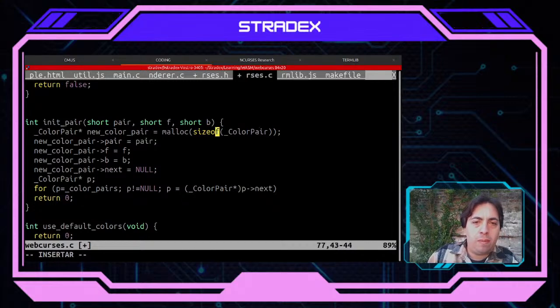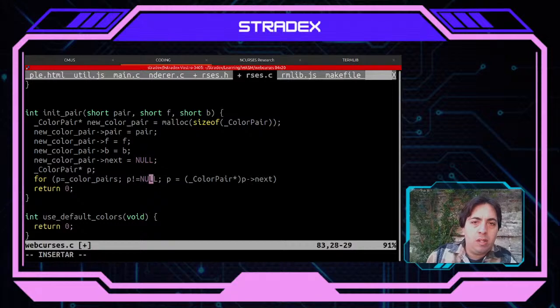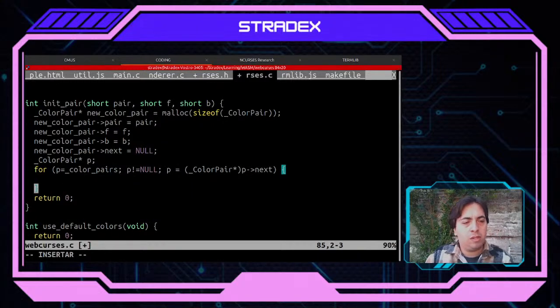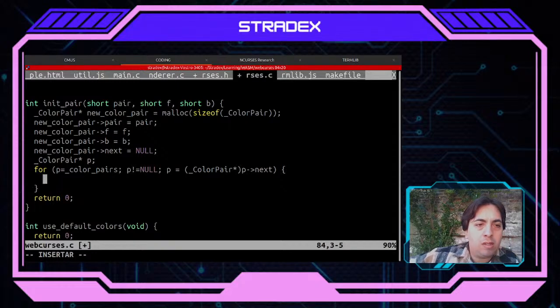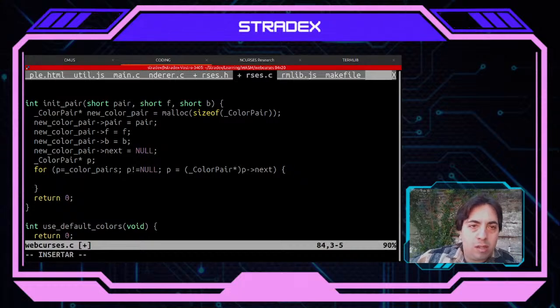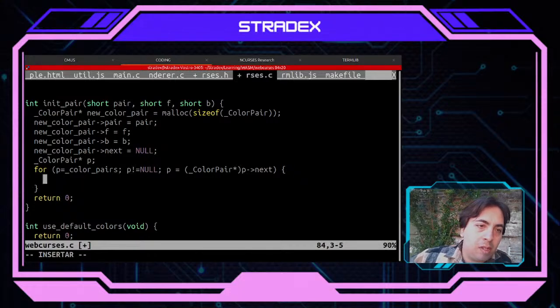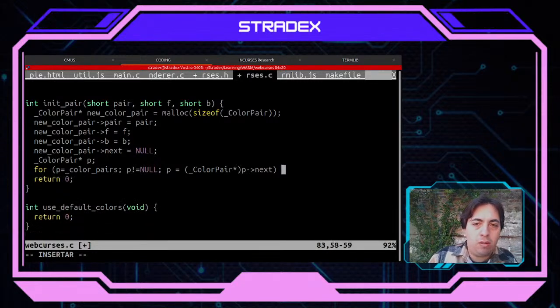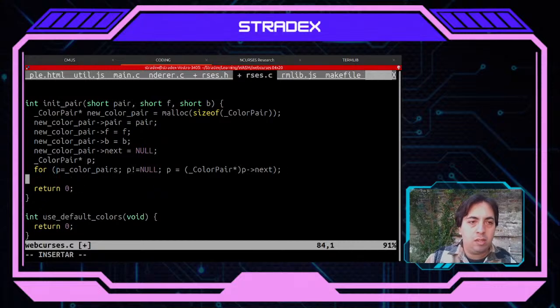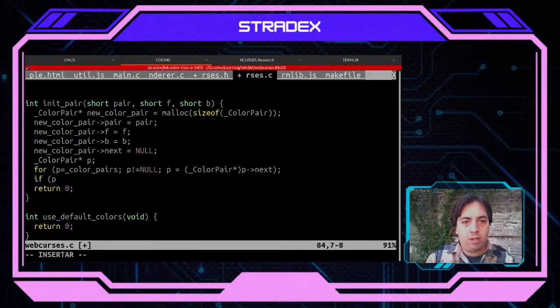I assigned you enough memory. No, this allows me to go into the last, but if p